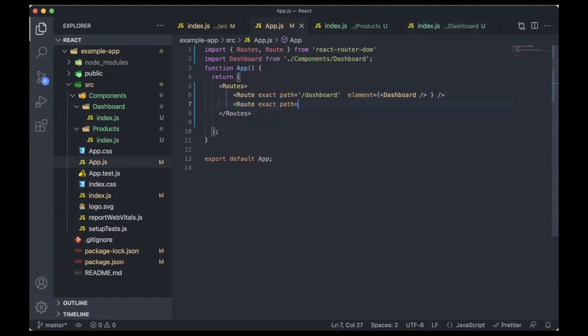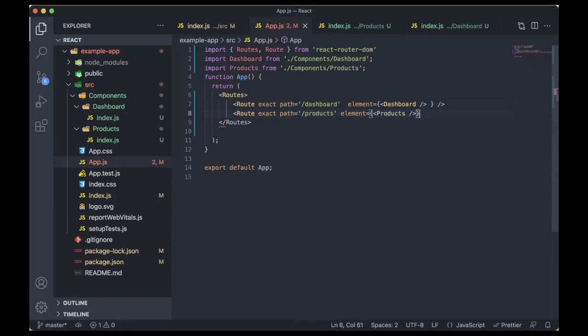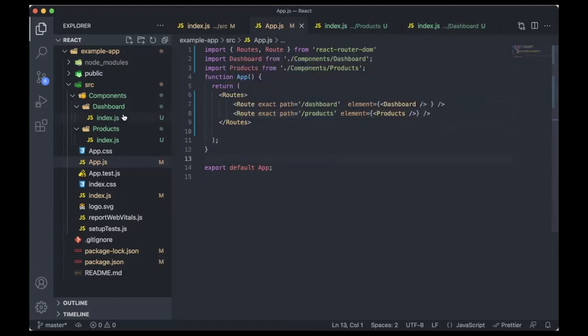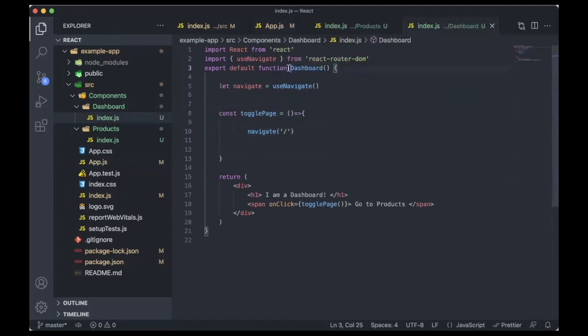So I'll add a route called products, and let's say element is products. So you can see that I have imported the products component. So another route I have added. And in my dashboard now, from the dashboard component, I need to go to products.